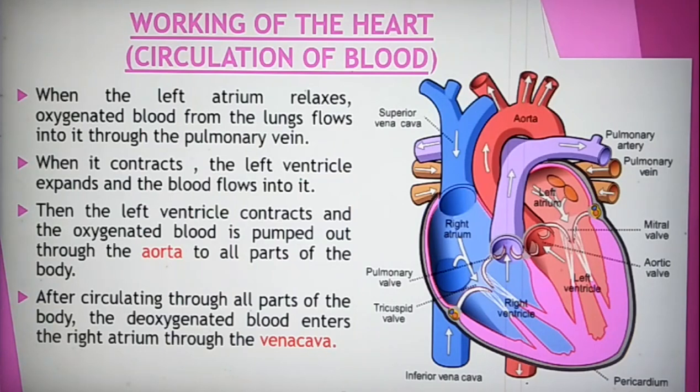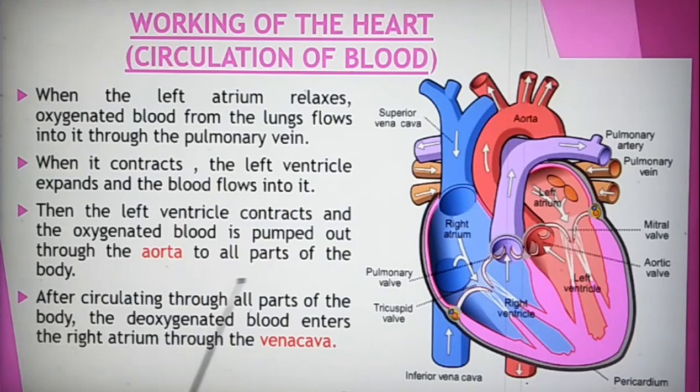They cannot reach each and every cell. So what will happen again? These arteries again split into what? Smaller tubes known as capillaries. And these capillaries are one cell thick. You know about the cell, they are microscopic structures. So our arteries cannot enter into the cell. So these arteries split into what? Capillaries. They are the smallest blood vessels, and the capillaries carry the oxygenated blood into the cells.